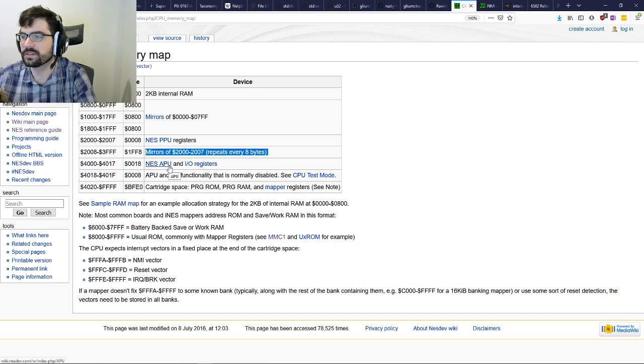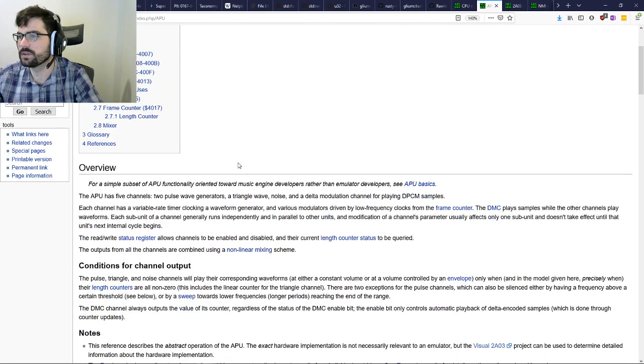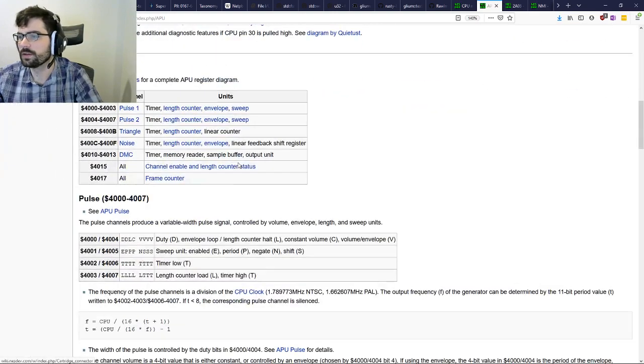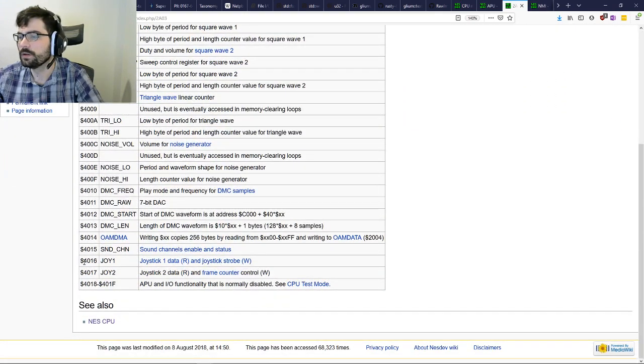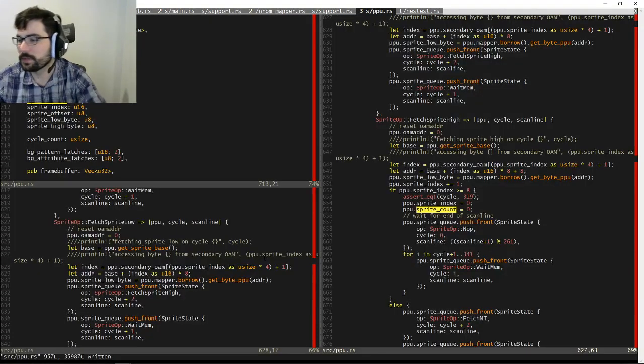APU registers and I/O registers. Okay, so if it's APU, we just don't need to do anything, because who cares? But it looks like it's not, so is it an I/O register? Joystick data and strobe. Okay, so I can just ignore that too for now. We want input. My little emulator's growing up. Fix that eventually.